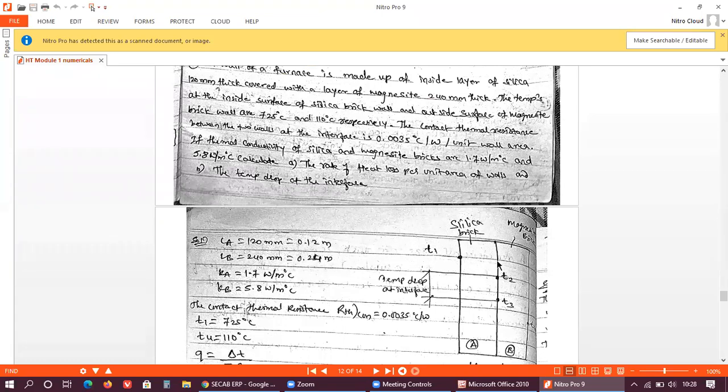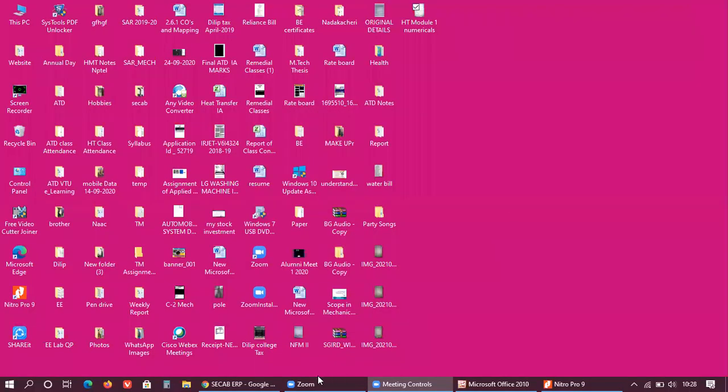So normally कैसा रहता है? When two walls are in contact with each other, there is a drop in the temperature because of thermal contact resistance. So thermal contact resistance मतलब क्या है? When we magnify that surface, ये जो surface है, दोनों contact का surface है, अगर हम उसको magnify करेंगे तो it will be an irregular surface. वो उतना finished नहीं रहता, finished surface नहीं रहता. Okay, I will show you that part here.